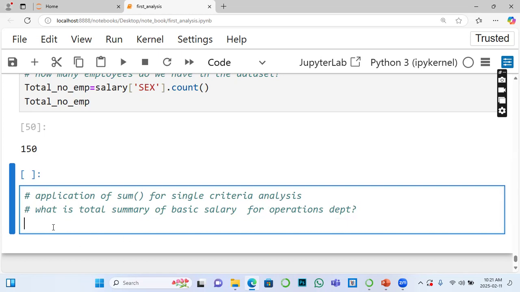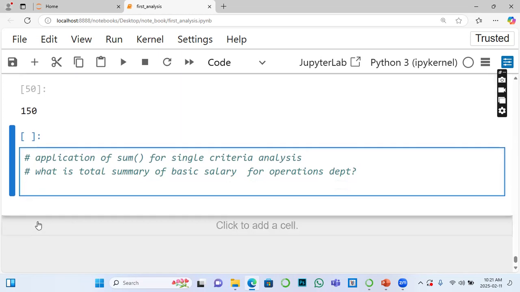So remember, my outputs will be displayed in, I'm using sum if. Or I can just say what? Total, let's use a more descriptive data frame name. Total operation basic salary, total operation basic salary is equals to